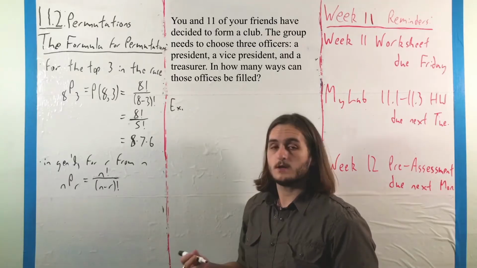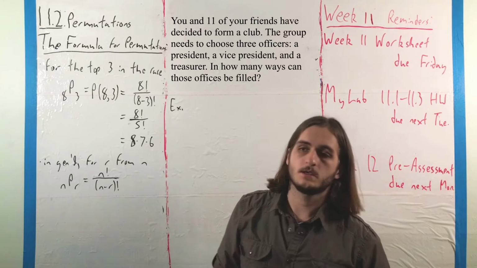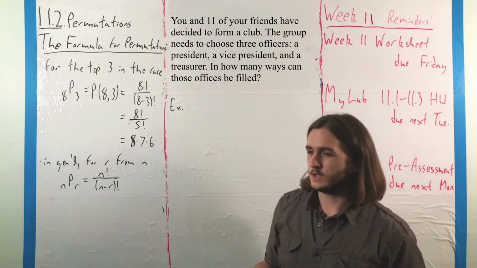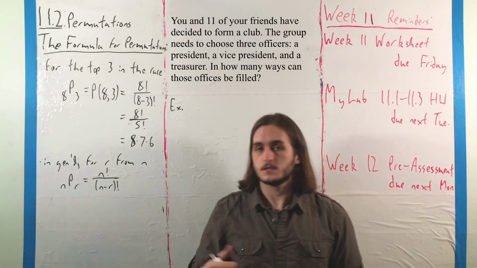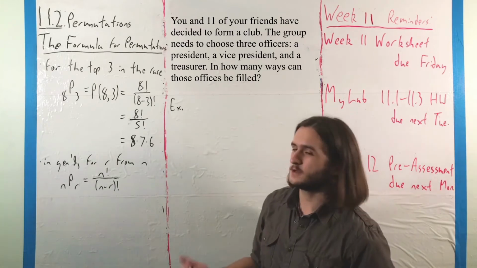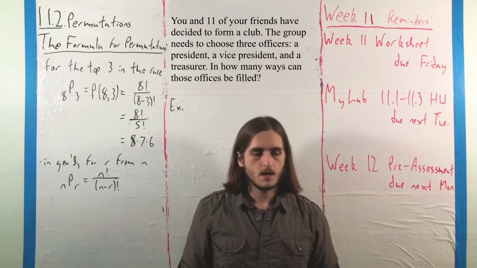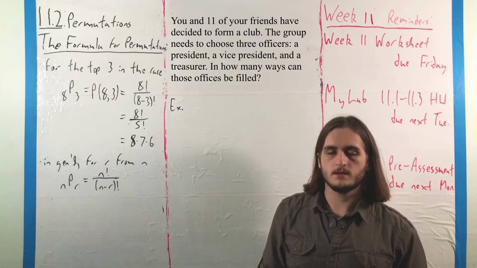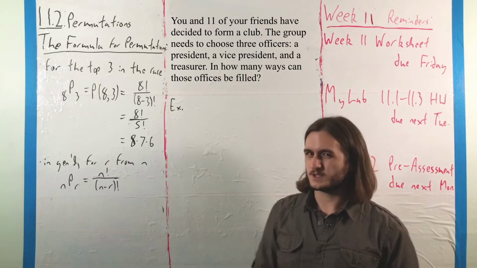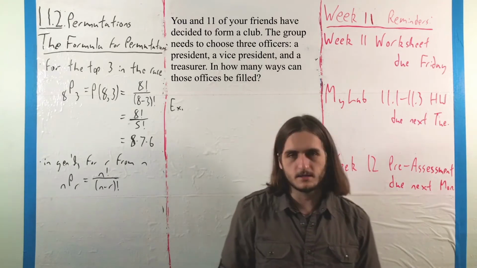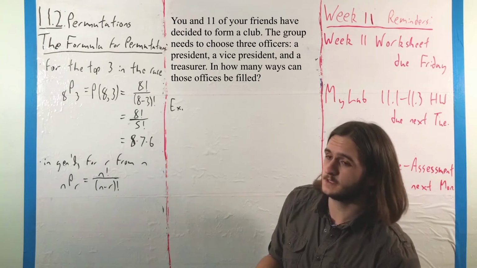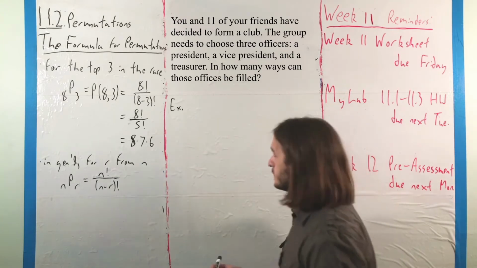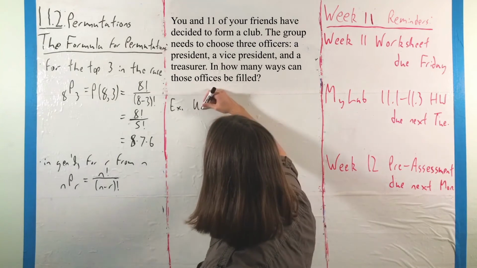So here, what we have to understand is that one person cannot simultaneously fill 2 roles. So every time you select one person to fill a role, you've got fewer options for the others as well as fewer roles to fill. And also, with these, the order in which the roles are filled does matter, because president is presumably a different job from vice president, which is presumably a different job from treasurer. So we will be using permutations here,